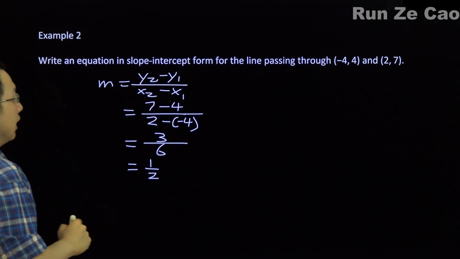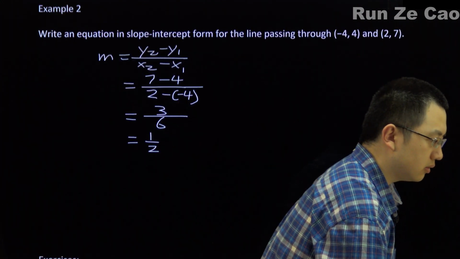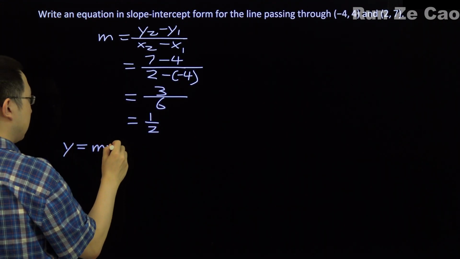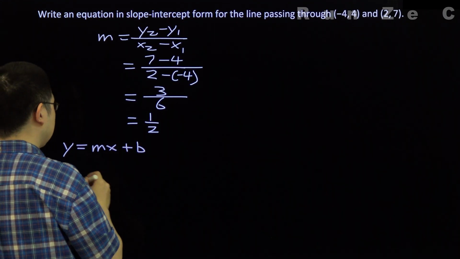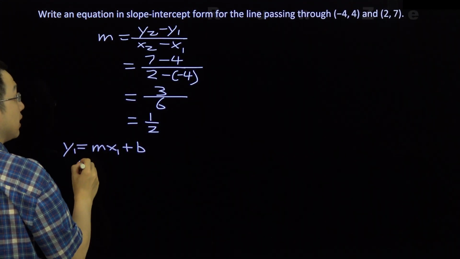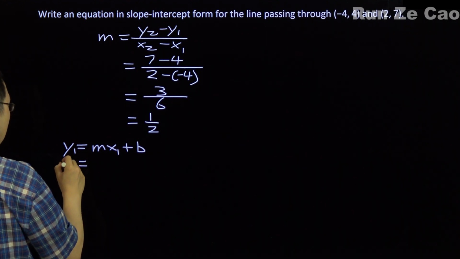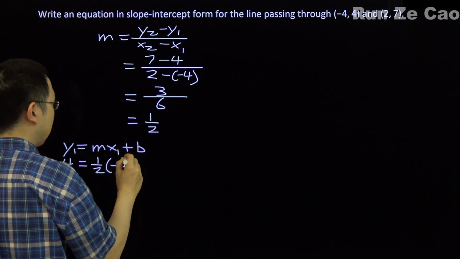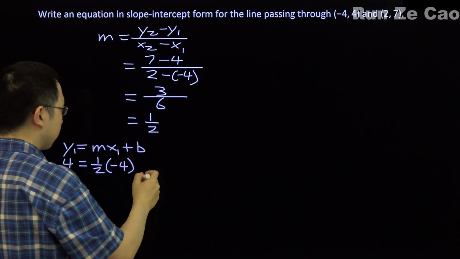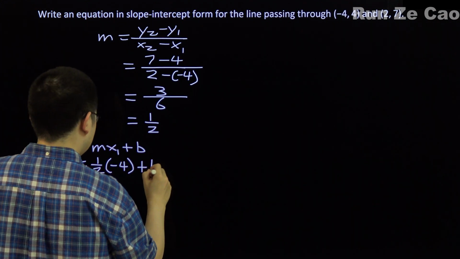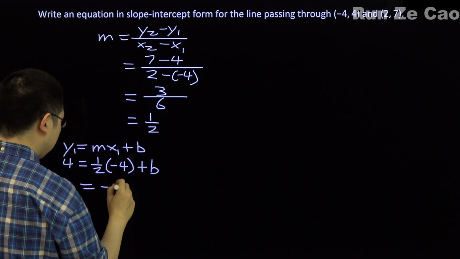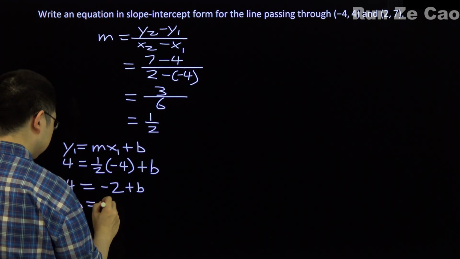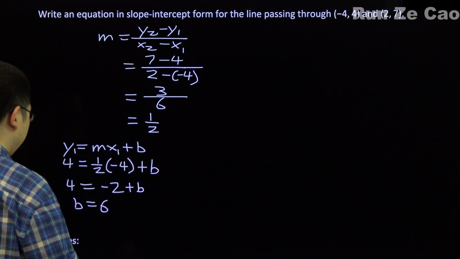Okay, then let's find b. Y equals mx plus b. In this case, it's y1 equals mx1 plus b. y1 was 4 is equal to 1/2 of negative 4. You could also have done this with the other point, plus b. So that's negative 2 plus b is equal to 4. b is therefore equal to 6. So slope-intercept form,